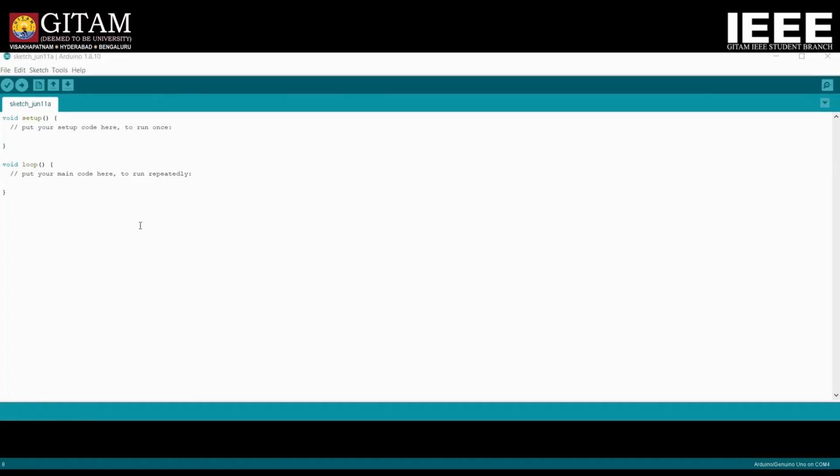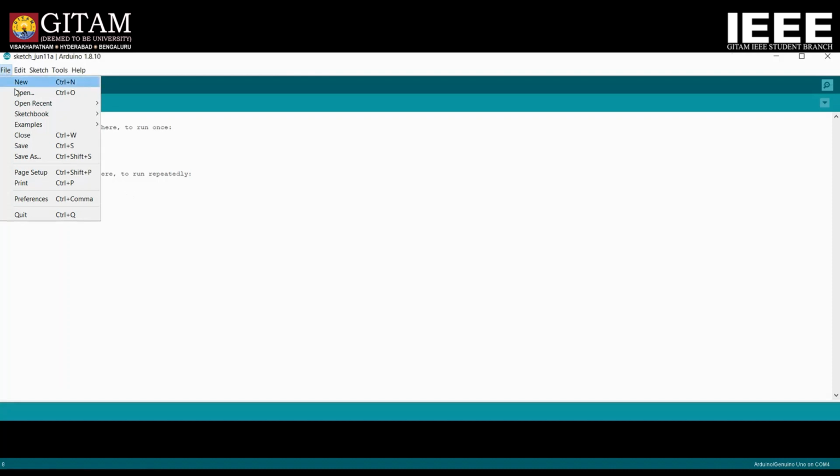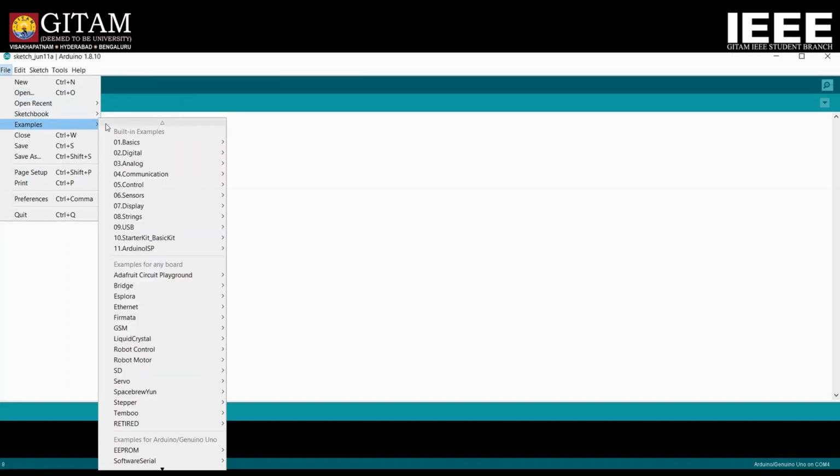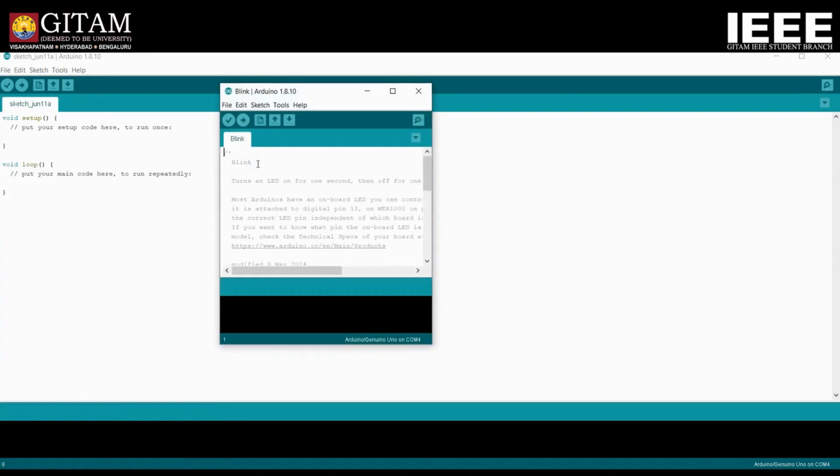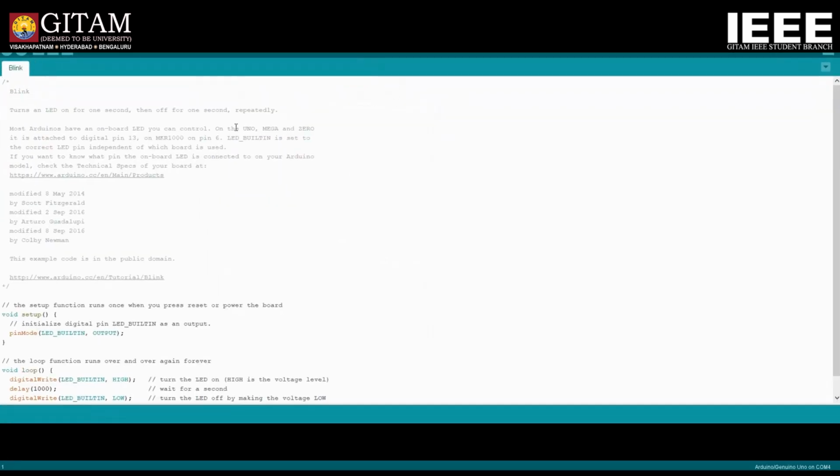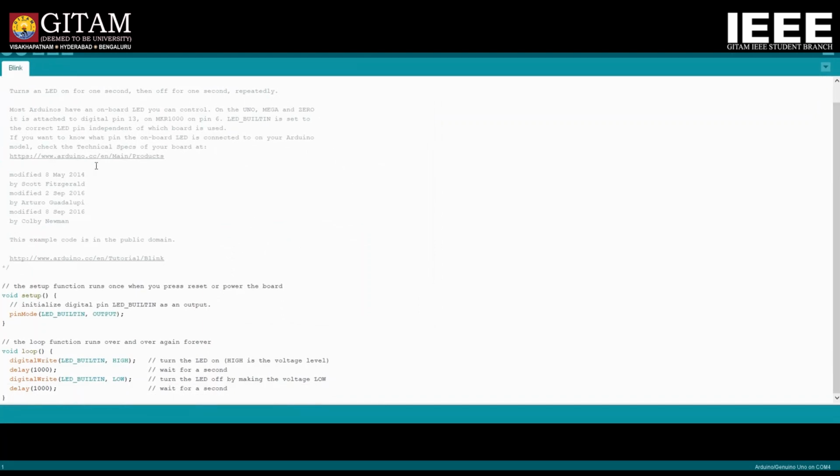The code recommended for every first timer is the Blink code. So let's go ahead and see that. Go to the File option, go to Examples under it, and there you'll find a lot of options which are really overwhelming, but go to the first one, that's Basics, and click on Blink. You see another window opening, open that up. Now this is the code of the blinking LED.